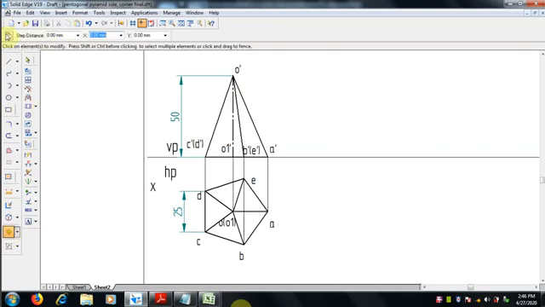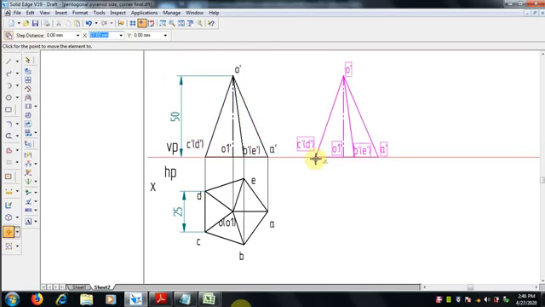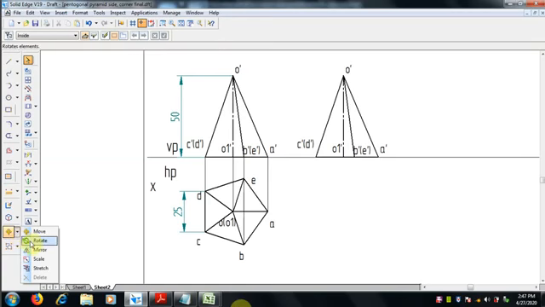So select the move command, copy, make a copy of it, select the entire and move with a point, whatever it may be, we can move a copy. We moved. Next, the rotate command.